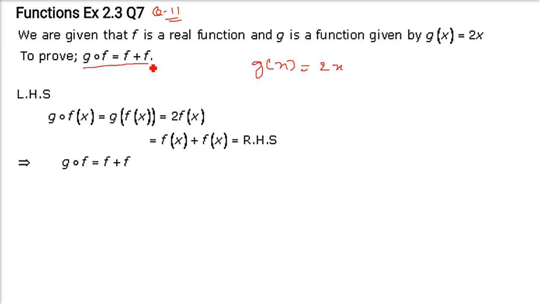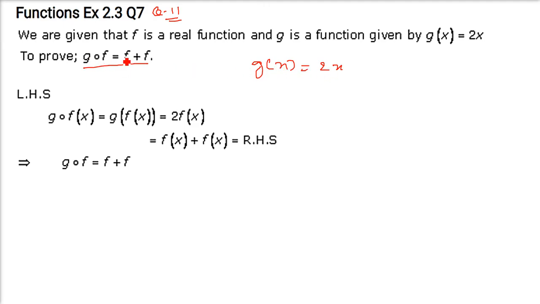I cannot write the question here, though some students are always asking me to write the question. I cannot write it because it is R.D. Sharma's book, so that will be a copyright issue. He can give me a strike. So I cannot do that. And the second thing is handwriting, so you need to adjust it. I hope you will do it.